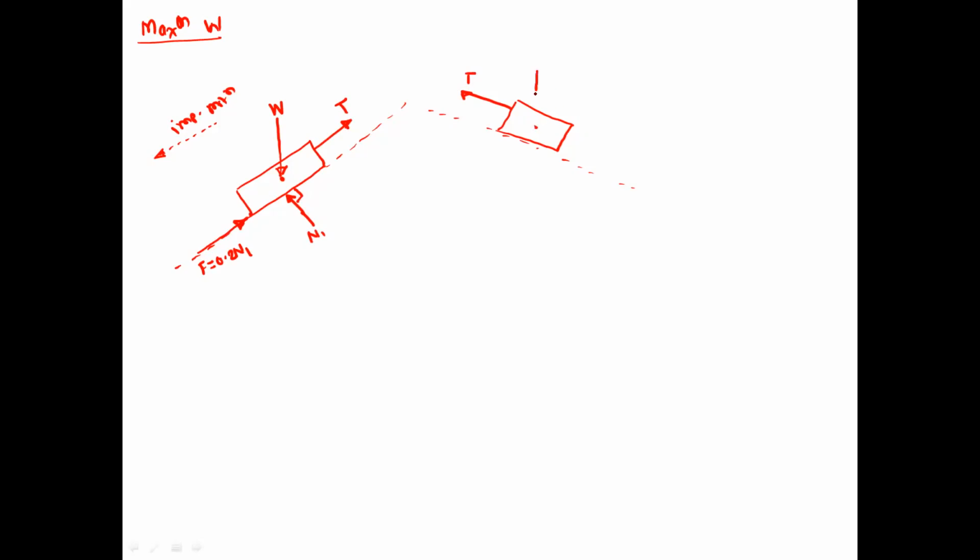And for the 100 Newton, the impending motion is in the upward direction, that is along the plane. So its friction force will be in the opposite direction to the impending motion, that is in the downward direction along the plane. So here F is equal to 0.3 into N2. So this is normal reaction N2.